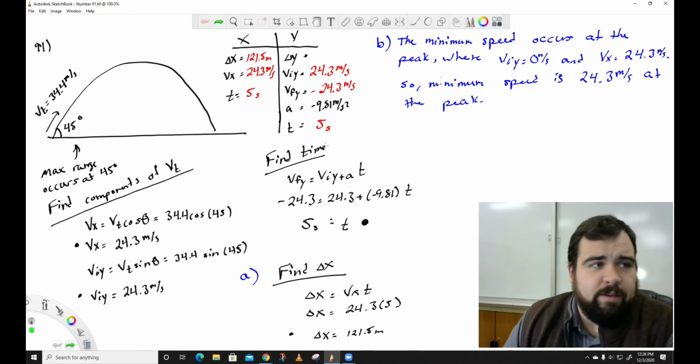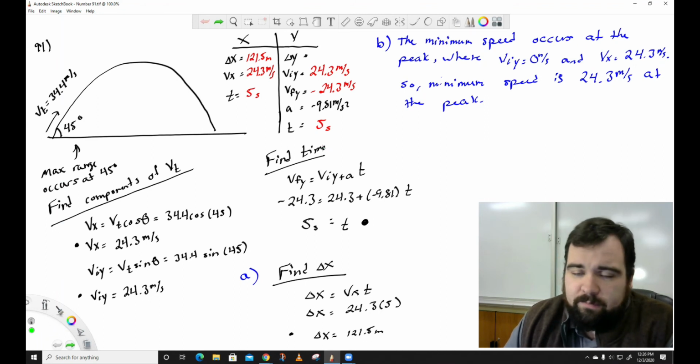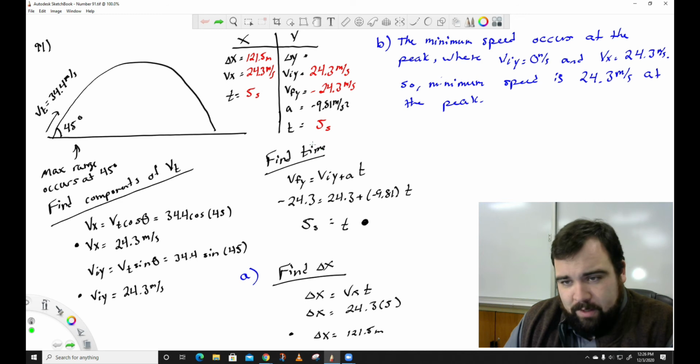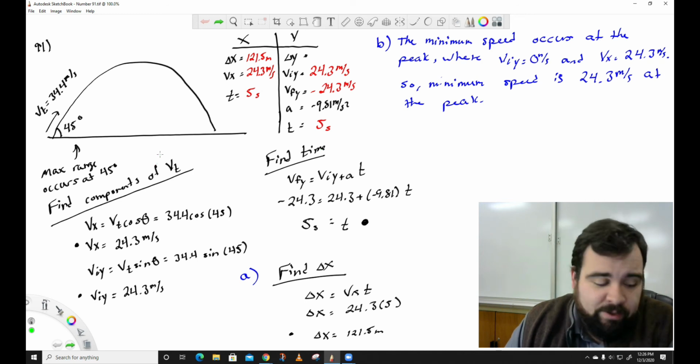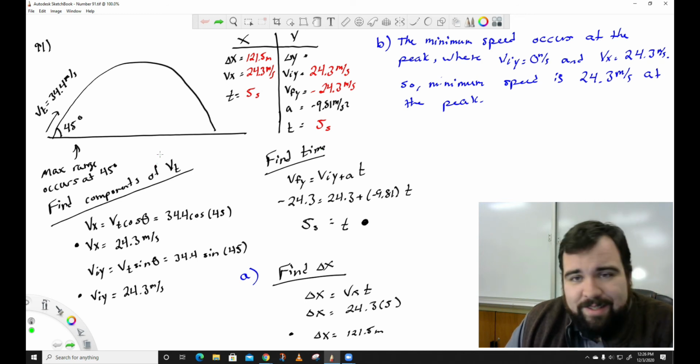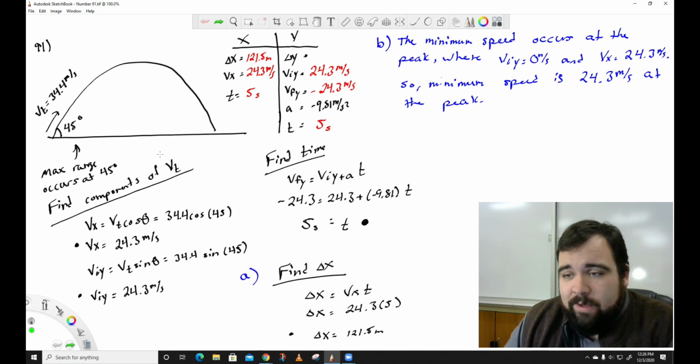Okay, so here we have number 91. So here is a golfer that's taking a swing and hitting a golf ball with an initial velocity of 34.4 meters per second at an angle of 45. Oh, it doesn't say the angle really. It says what is the maximum distance that they could make a hole-in-one. So we're making a few